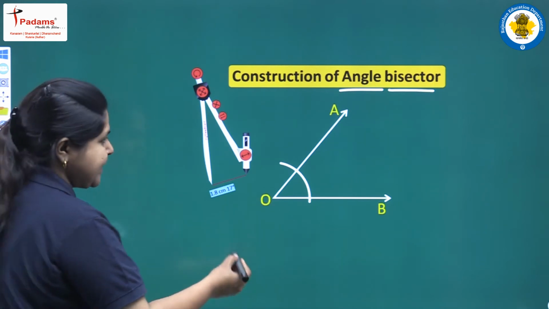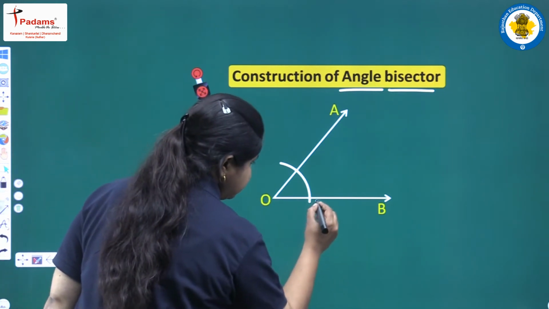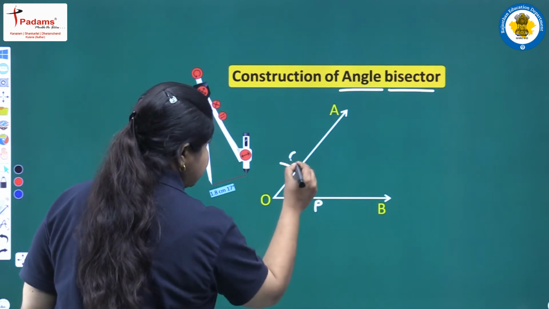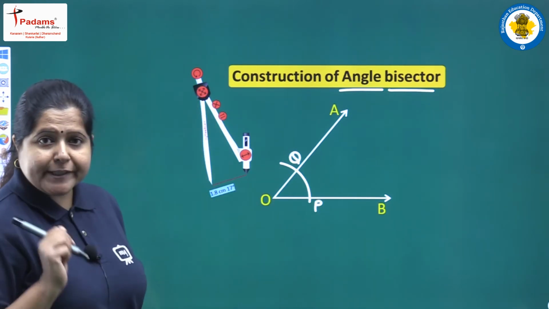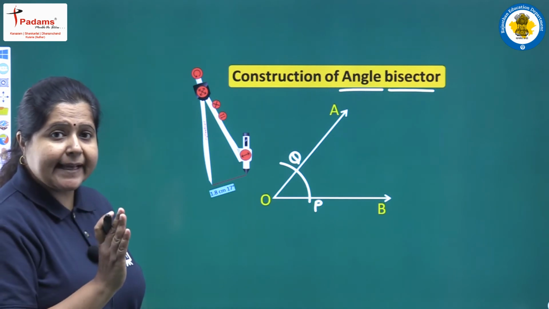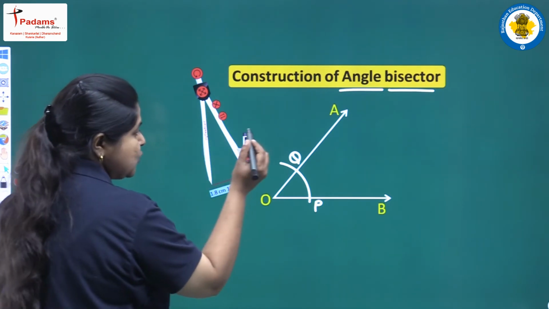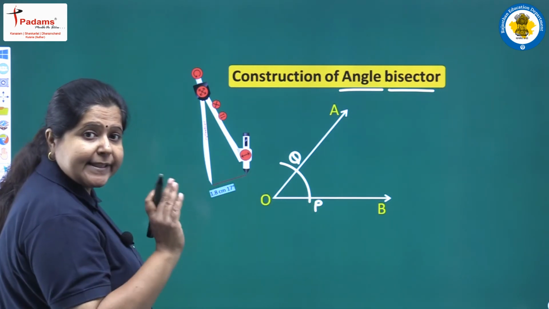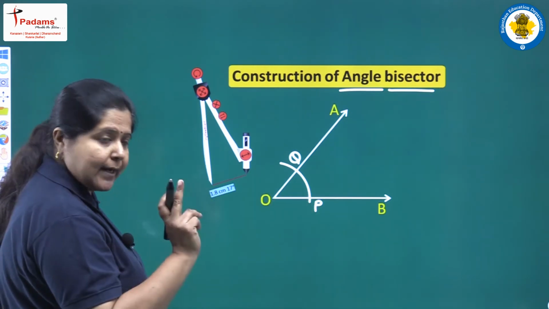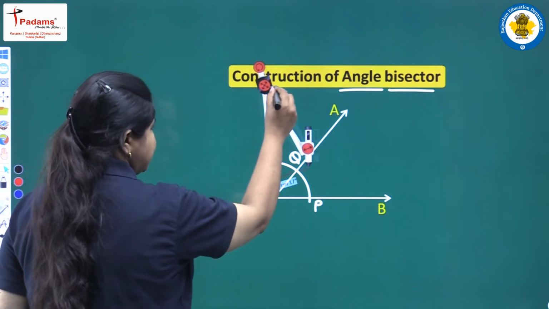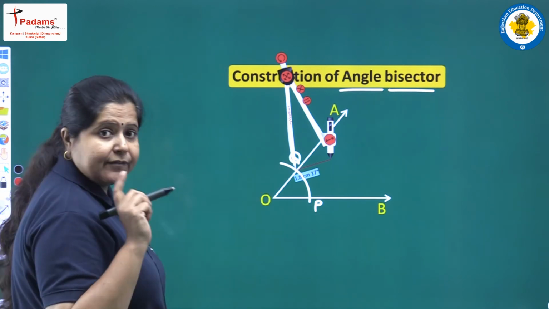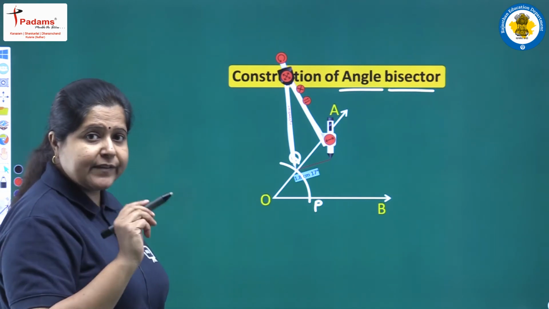You can see here. Then we are having 2 points again here. Let this be P and this point be Q. What next? We need to bisect this angle. So we will keep the compass once at Q and then at P, and with the same radius we will be drawing two arcs. Let us first keep it at point Q, and notice that we will not change the radius once we select it.